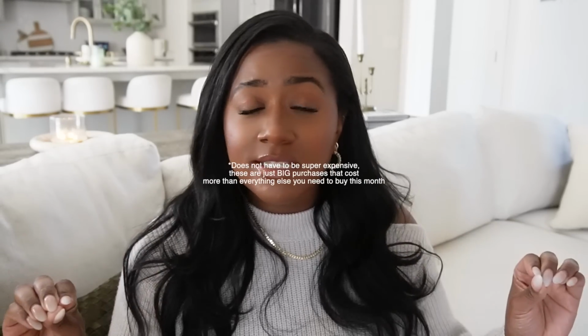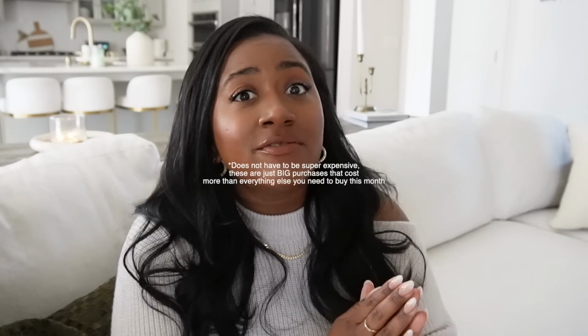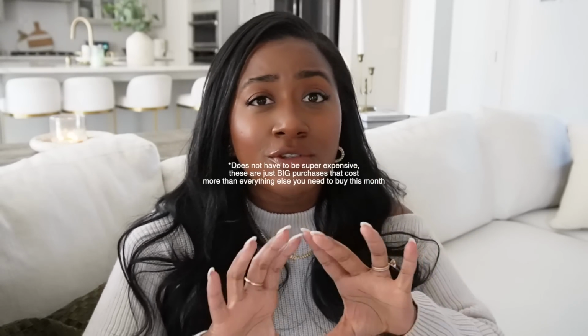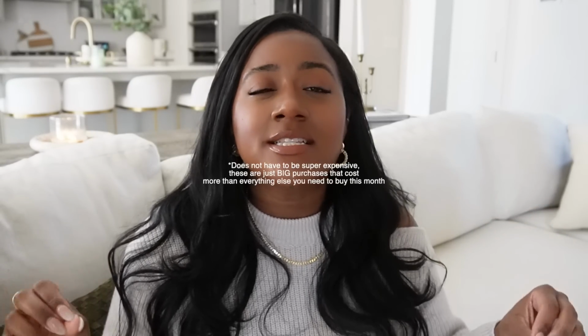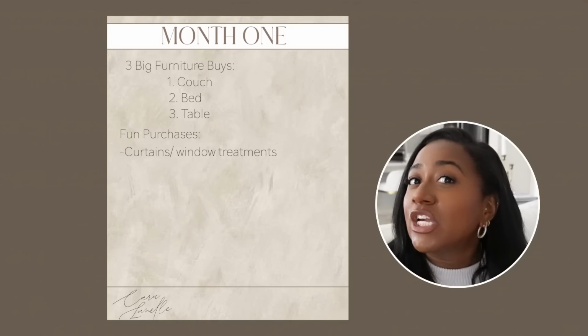Now, I'm looking at those pieces as the expensive, big spender items, like, okay, this is something that I saved up for that I need to purchase, which is why I'm only mentioning 3. So those are the top 3 big purchases. And next are the extras that aren't super expensive, but can really make the space feel a little bit more homey. And number 1 for me would be curtains